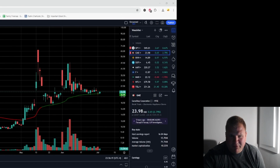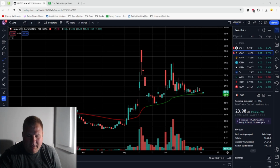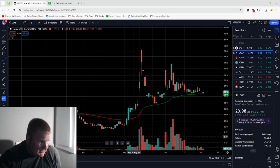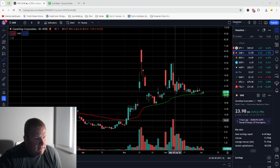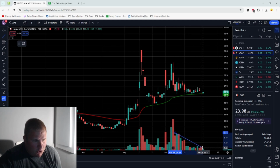Let me move myself here. Okay, again, this is volume on the daily chart, right? As you can see here, volume has kind of petered off. Let's draw a little trend line here. We see a sharp decline in volume. There's no way